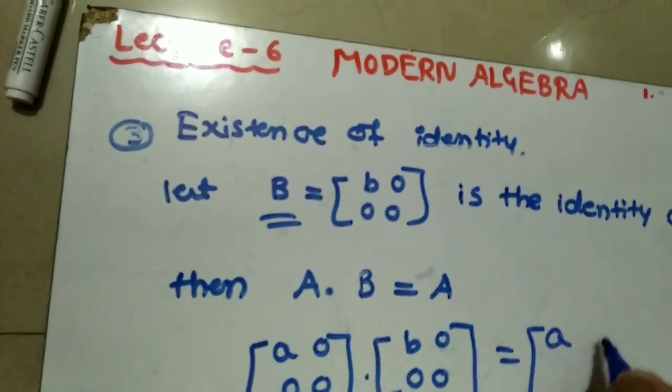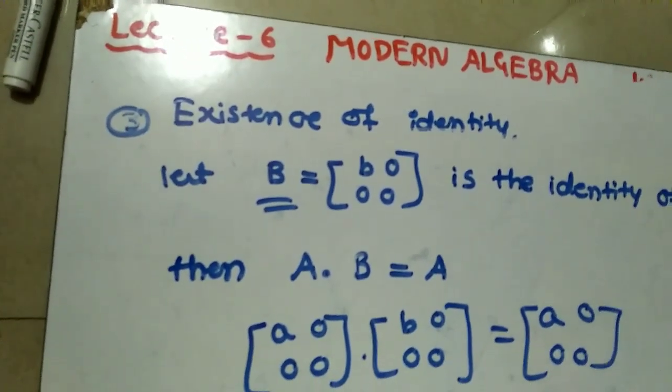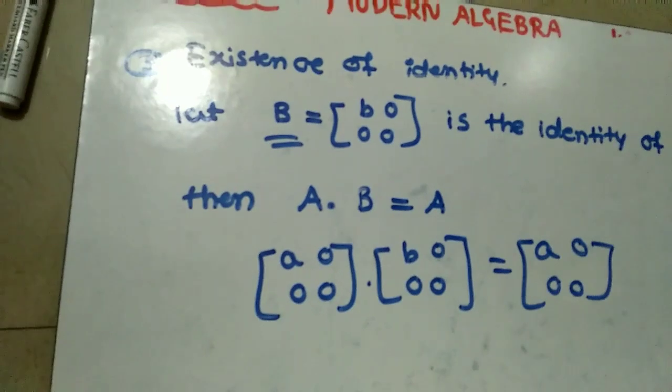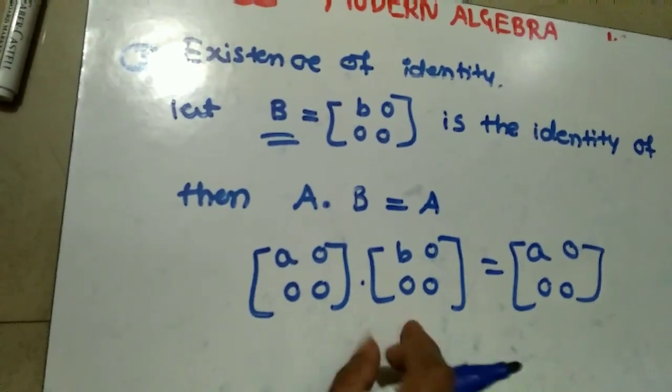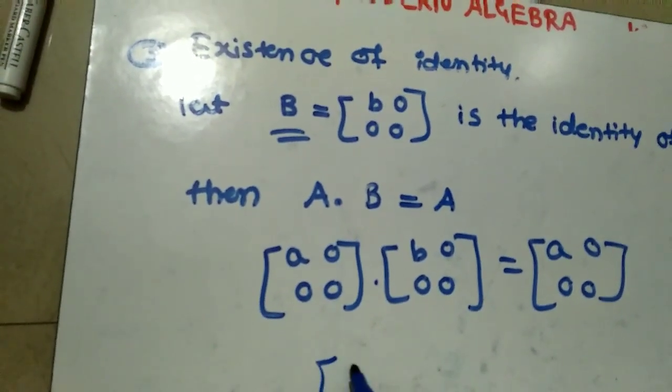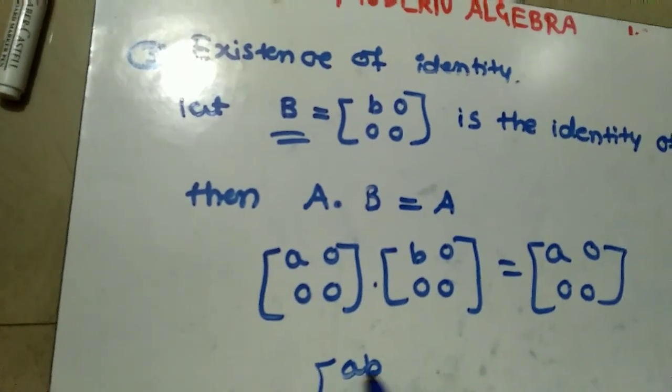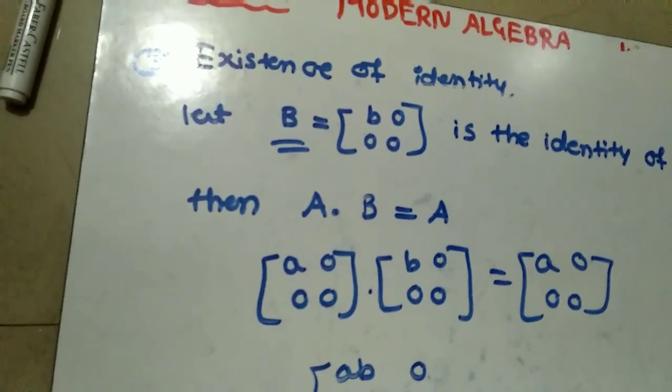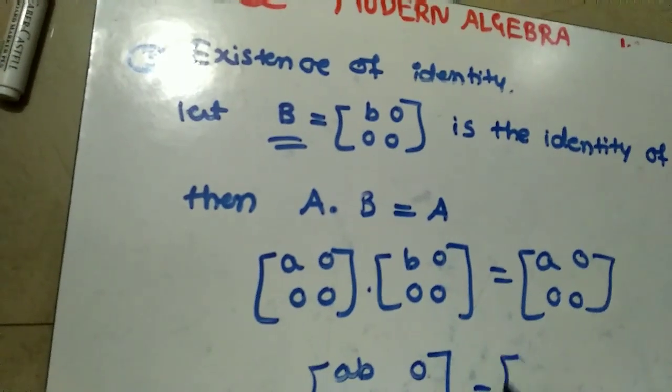A, which is nothing but A 0 0 0. Got it? So next just do the product of these two matrices. If you do the product of this matrix, you will get your element as AB 0 0 0,